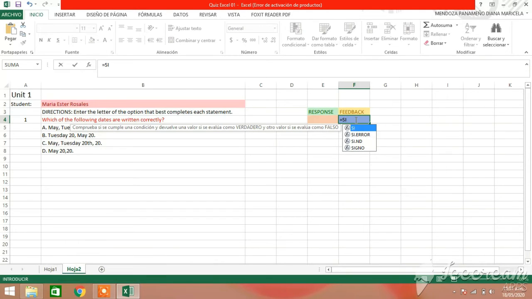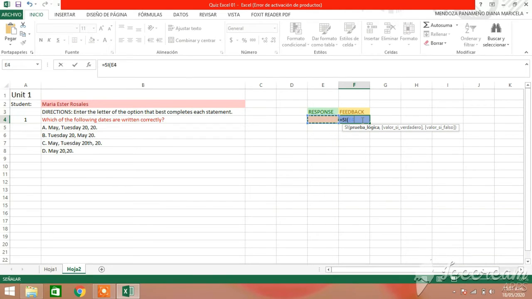Well, you write C, open parenthesis. The answer will appear here, right? So we click here, C, E4 equal. Which is our correct answer? The correct answer is the option C. We open the quotation marks. The correct answer is letter C. Close quotation marks, comma,